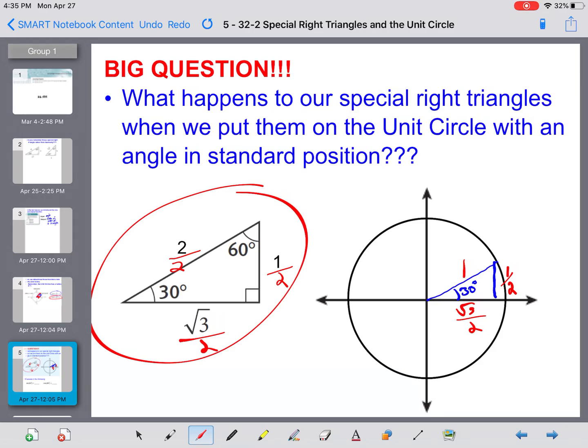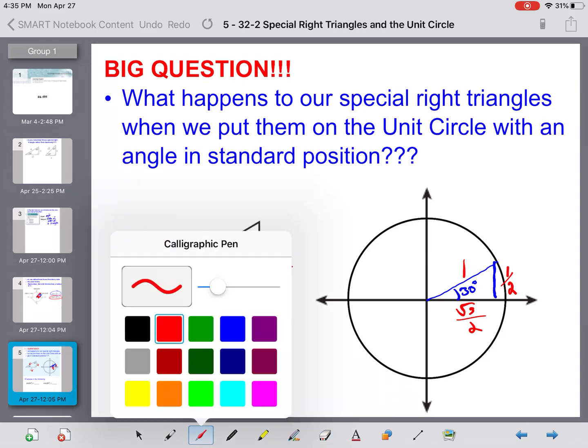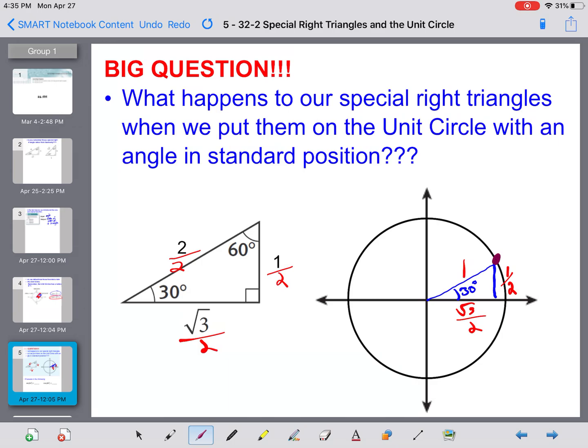We have a 30, 60, 90 triangle here in blue. What we did was we took this red triangle, we put it on the unit circle, and we gave it a radius of 1, right? So that's going to help us because if you remember, this point on the unit circle,